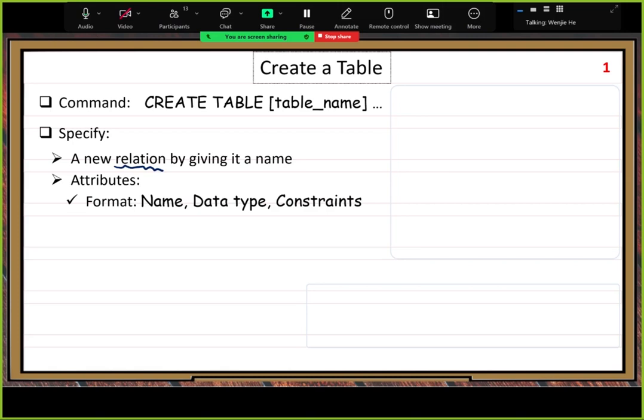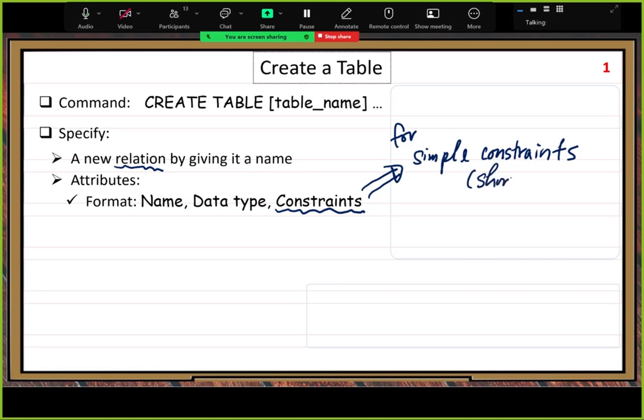The constraints we will see later. This way is mainly used for simple constraints, not for complex constraints. Complex constraints have a relatively long description, while simple constraints are usually very short, so we use this way to describe them. But for long, complex constraints, we need to use